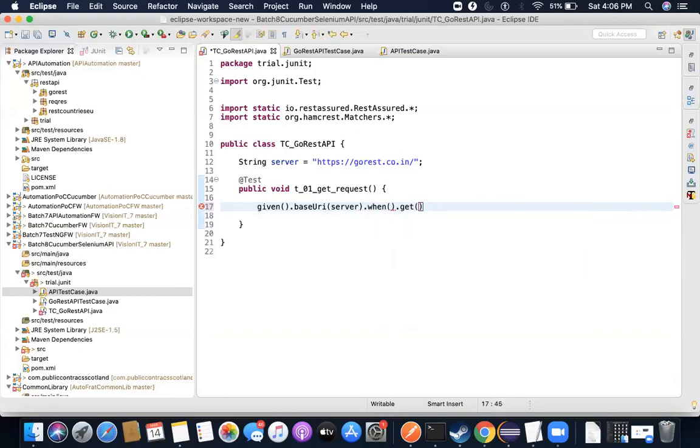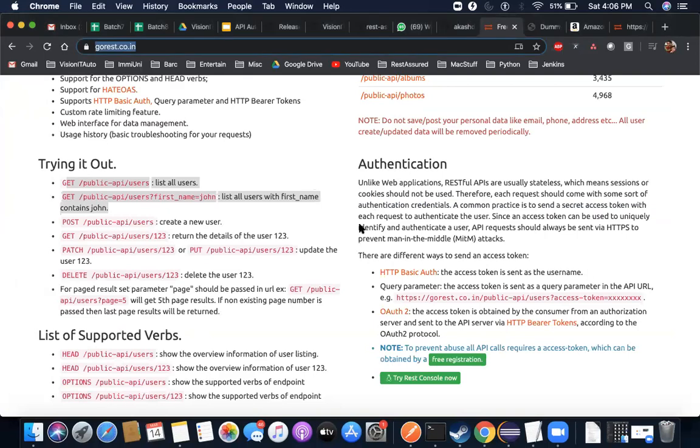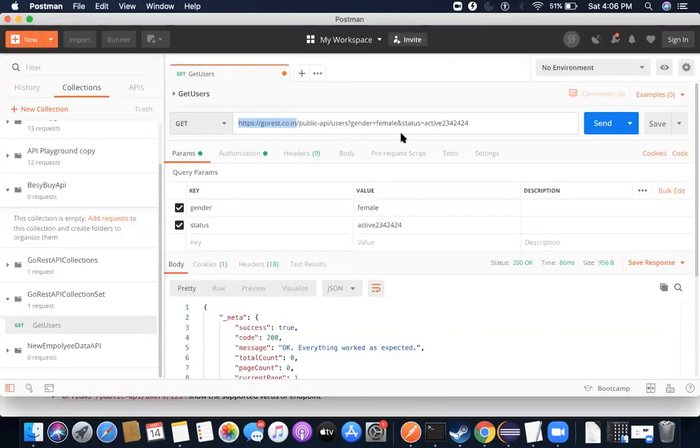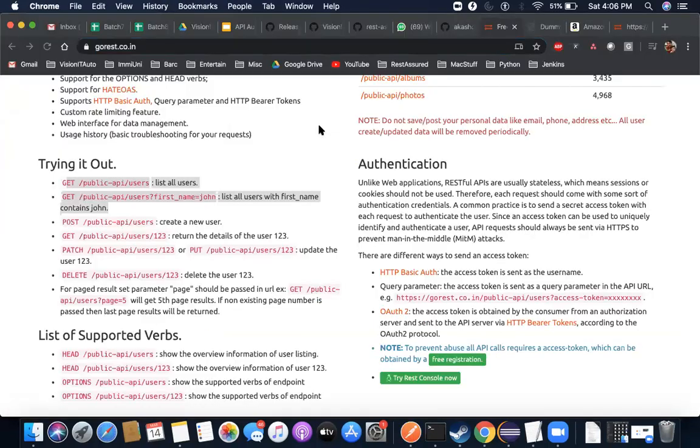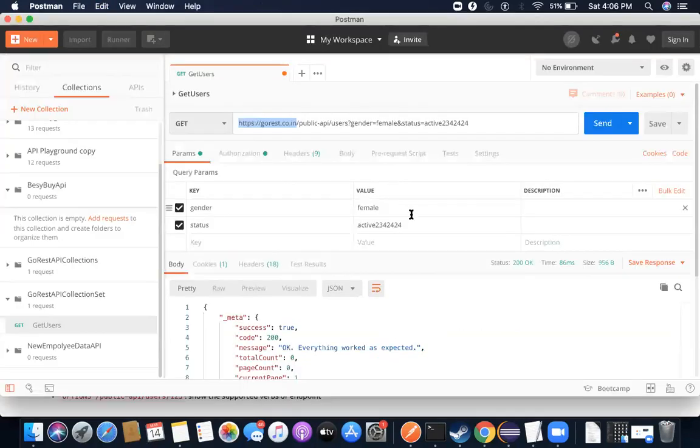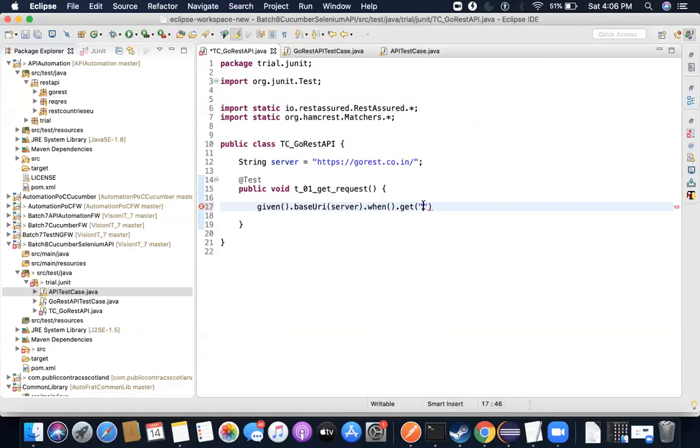So I will go here in the get part. I will write this because this is the endpoint I'm interested in. Right now I want to hit this. So I will write here. This is the endpoint. So given dot base URI as server, when I do a get using this endpoint, then